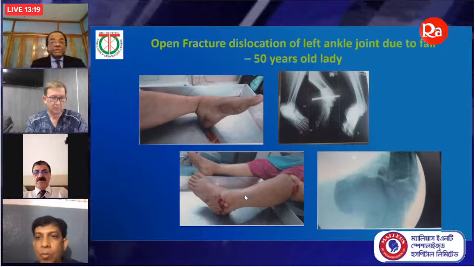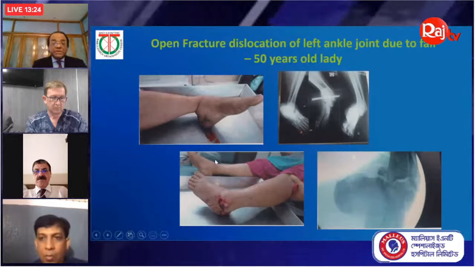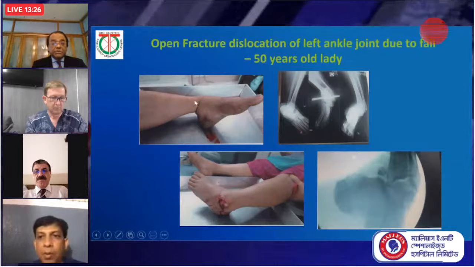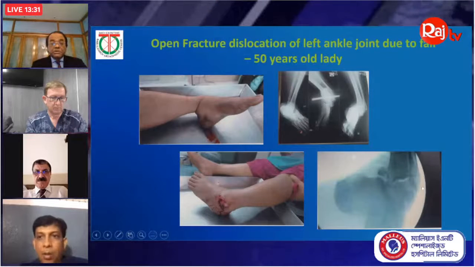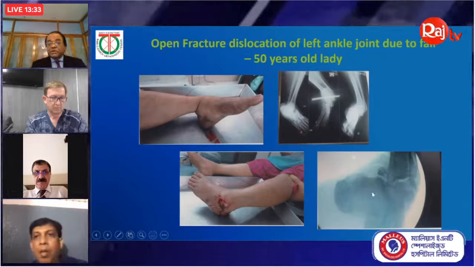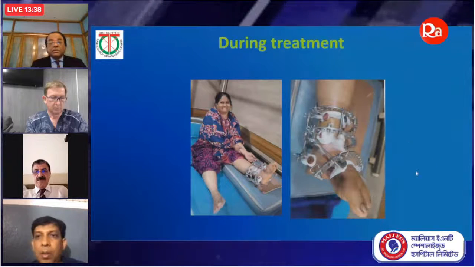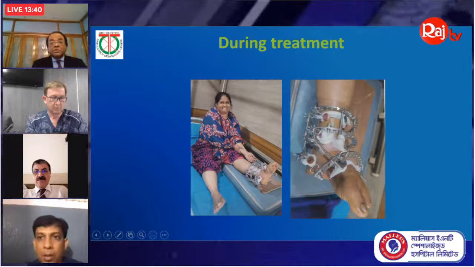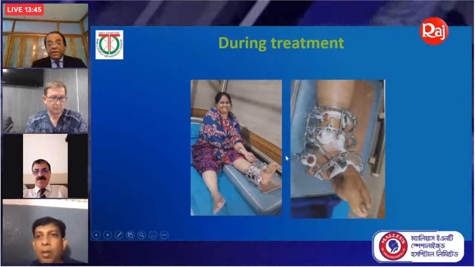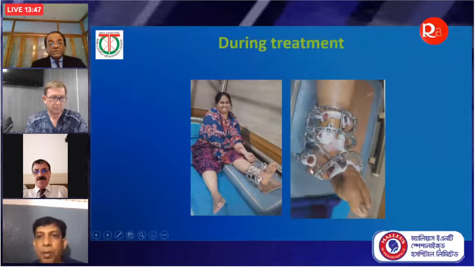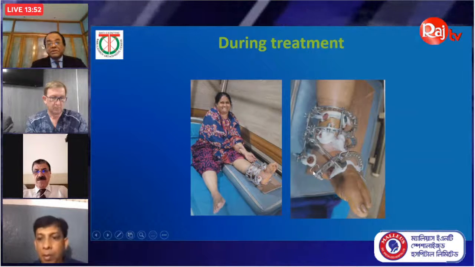Now, open fracture dislocation, you can see here, this is also related with the ankle. Look at this, a school teacher. This is the open fracture. Look at the dislocation, look at the ankle, and then what I have done, tibial block 2, and then half ring with hinges. A smiling lady, and see the dressing, you must dress properly, and the bending of